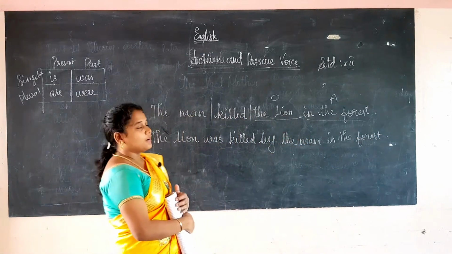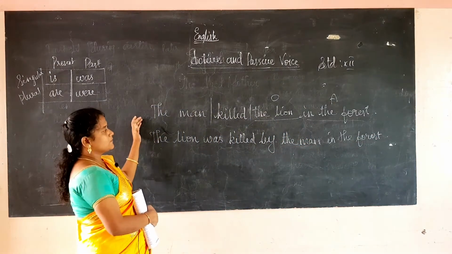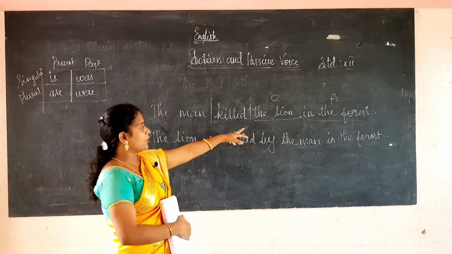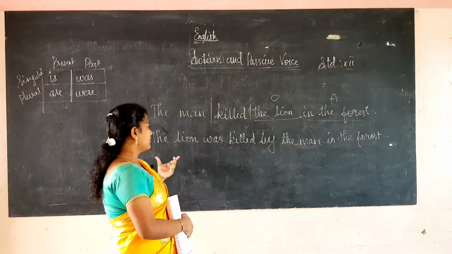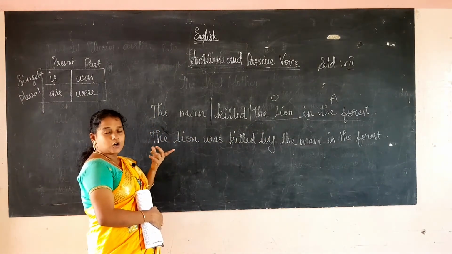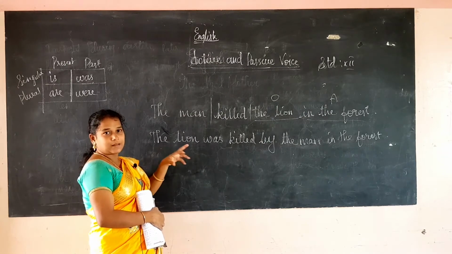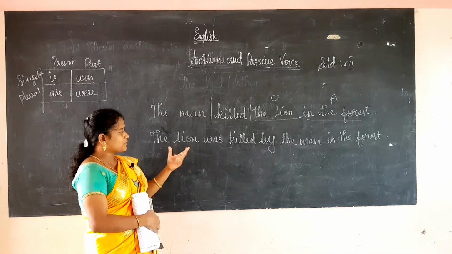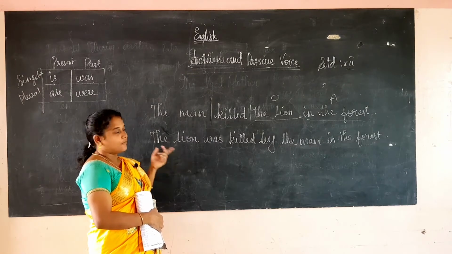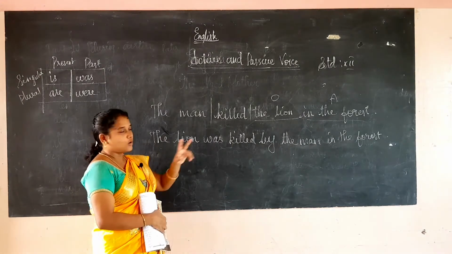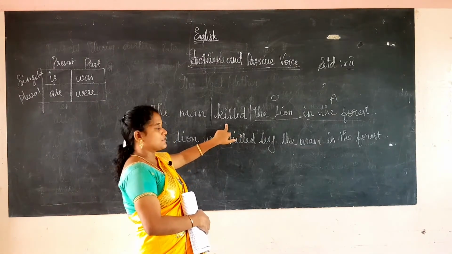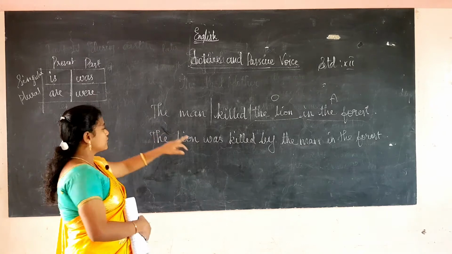Rule number 1: we have to know what is the subject, what is the verb and what is the object. Then we place the object in the place of the subject, so we are bringing the lion to the place of the subject. According to the subject, we have to supply the auxiliary verb. First, we see whether the subject noun is singular or plural. We identified the lion as singular. Then we see the verb, which is in past tense. So, for past tense singular, we supply was.